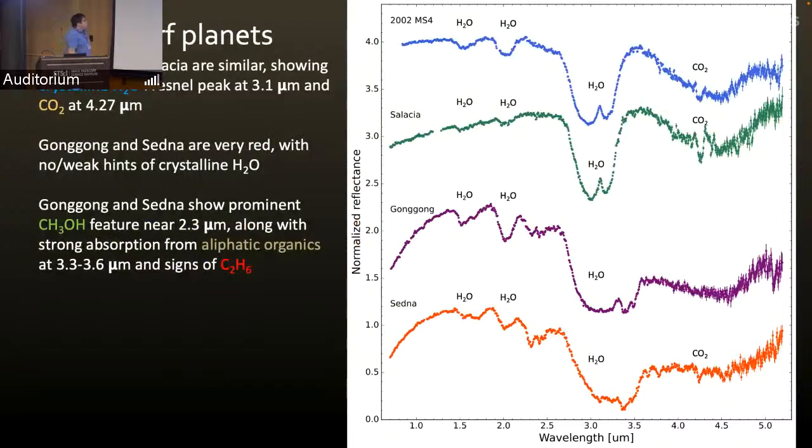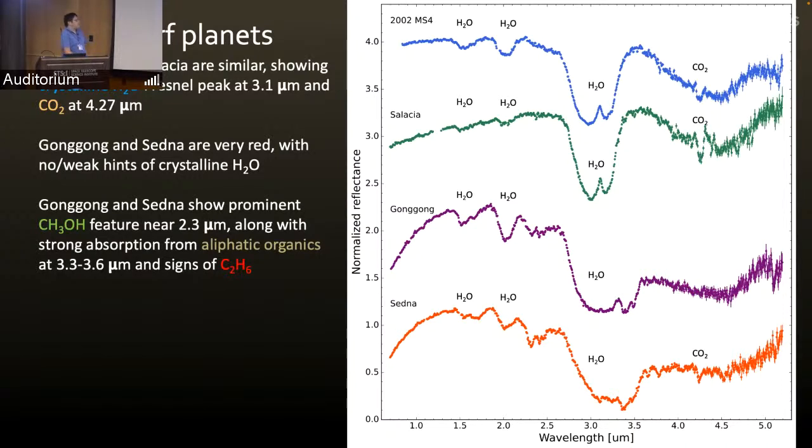Rounding out the dwarf planets are 2002 MS4, Salacia, Gonggong, and Sedna. These objects are too small to retain significant methane ice on their surfaces. Instead, we see very Charon-like spectra with water ice throughout. 2002 MS4 and Salacia are very similar. They both show this prominent Fresnel reflection peak indicative of crystalline water ice, as well as a prominent CO2 ice